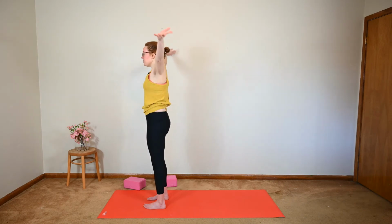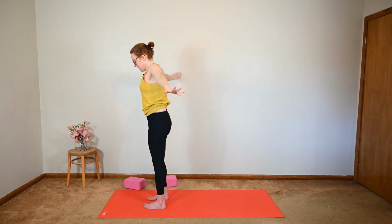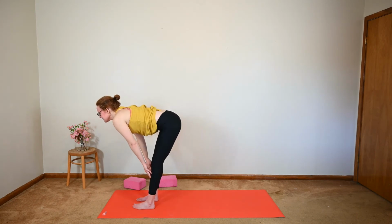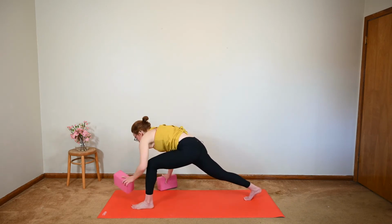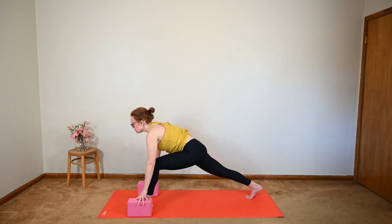Inhale, reach the arms up. Exhale, swan dive down. Inhale, halfway lift. Exhale, this time step your right foot back to a lunge. If you need blocks here, have the blocks framing your front foot, draw the heart forward, press the back